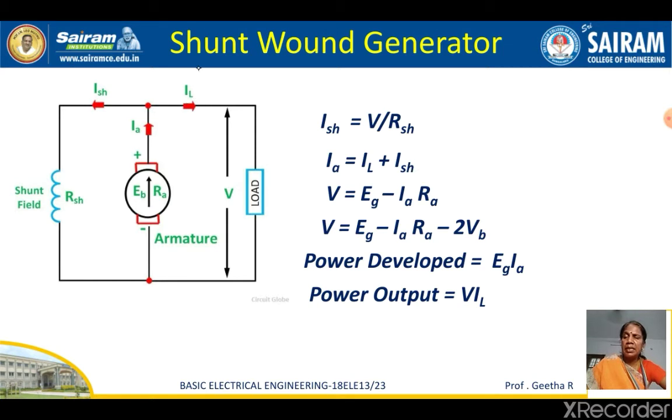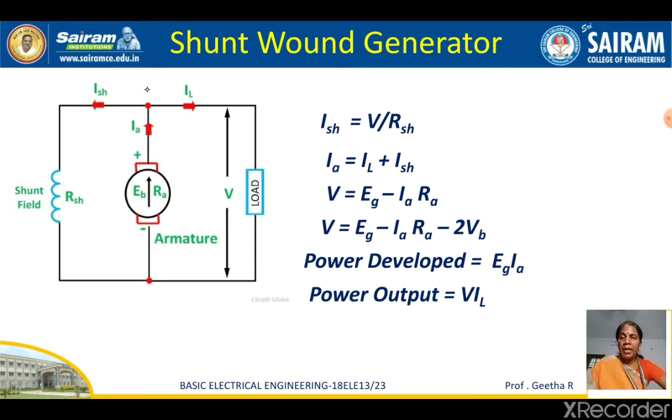This is the line current. The current through the shunt winding is nothing but Ish, the shunt current. You see here the armature current is nothing but the summation of shunt current and the load current. So again the current through this shunt field can be calculated. The voltage V is across this terminal and also across the shunt. This V by Rsh gives you Ish. So shunt current can be calculated by Ohm's law, V by Rsh. Here Ia is nothing but the sum of IL plus Ish.